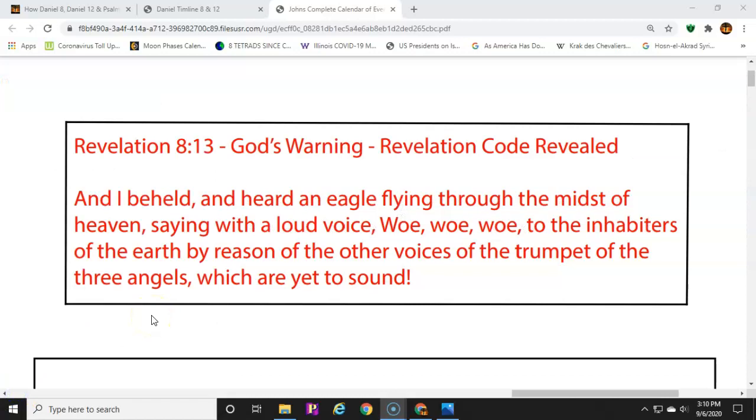So again, we're going to look at this warning in Revelation 8:13, which leads us to these last 3 trumpets with an attached woe on each of them, and realize that this is extremely important. And so we need to understand what he's trying to tell us here. And so that's why I keep saying, if you look at those 3 additional visions, you'll notice that these last 3 trumpets are occurring in all 3 different visions: the one of the elect, the one of the nations and peoples, and the one of Mystery Babylon.